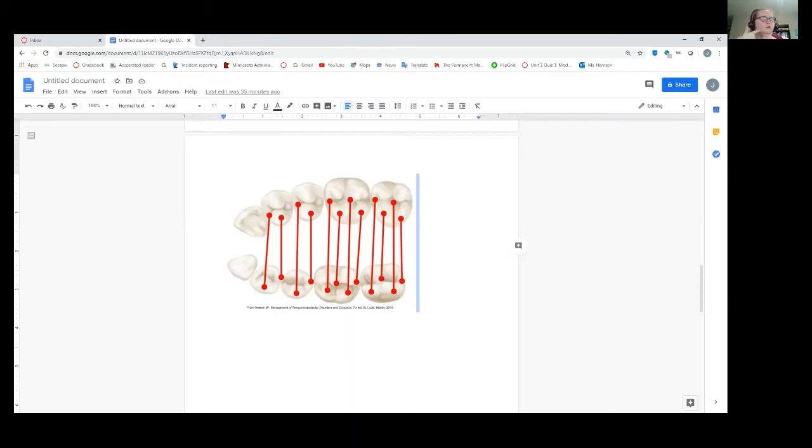All right. So you're going to look at the molar relationship, and if you see a 3, your eyes are immediately going to look for crossbites in the anterior or edge to edge. Does that answer your question, Dominic? Kind of. All right, and then if you see a class 2, then you're going to look to the anterior and look for overjet and retrusion, right? Okay.